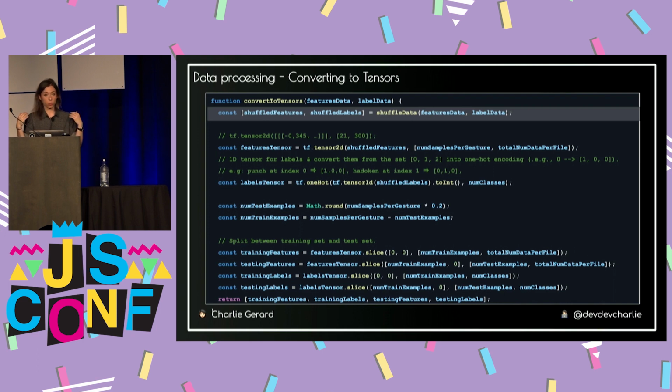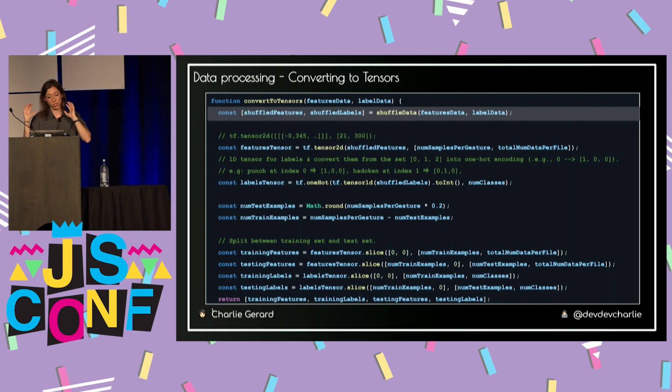The first step is to shuffle the data, because we don't want the algorithm to get used to the way we are fitting our labels and features. If you remember the slide before, I had an array of zeros, an array of 1s, an array of 2s to map all the gestures. But if you fit it like this, the algorithm is not going to really look at the data and think of a gesture. It's probably going to think, well, the 3 previous ones that you gave me were punches, so I'm going to assume that this is a punch. But if you shuffle the data, you force the algorithm to really try to understand what makes a punch and what makes an uppercut and things like that.